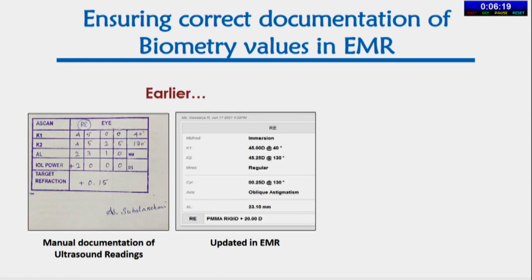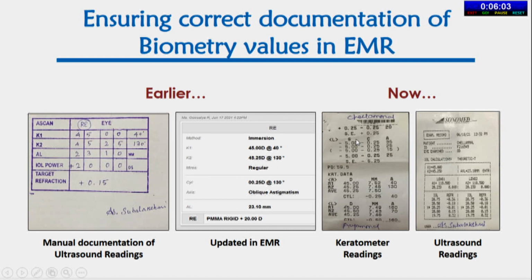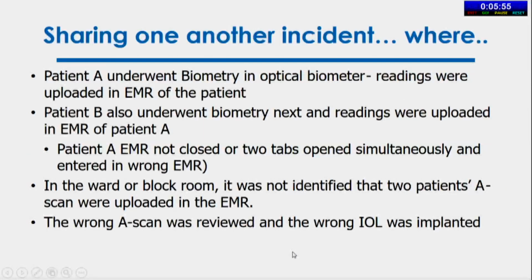So to avoid such errors, initially we used to have a stamp where we used to note down the values. This was also a solution to the error of writing in each of these squares, so that there is no illegibility in it. And then transcribing. But then we did away with the transcribing entirely, because this also may be confusing, and so we take out a printout instead of transcribing.